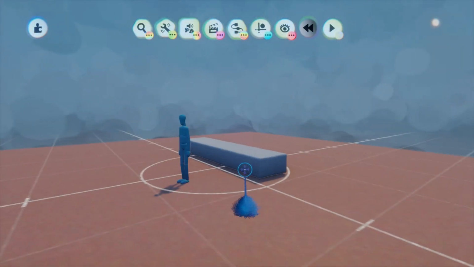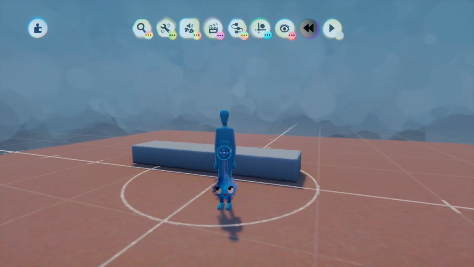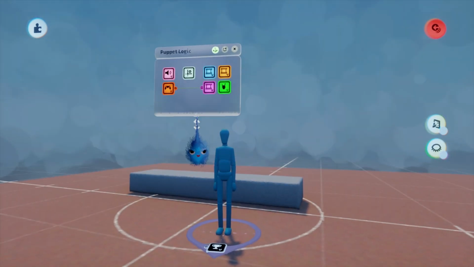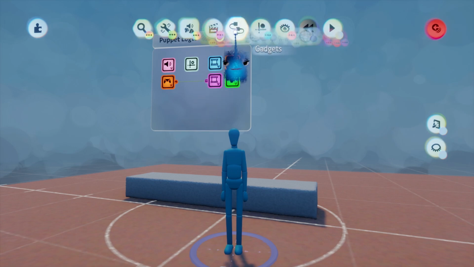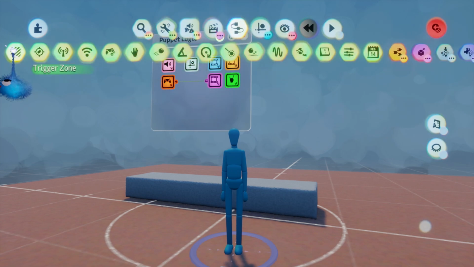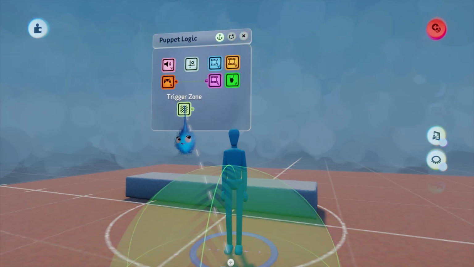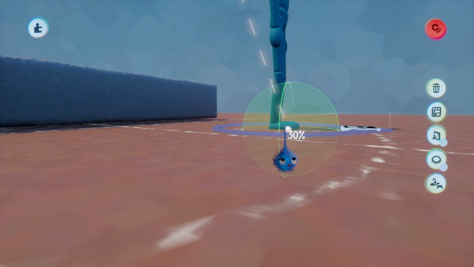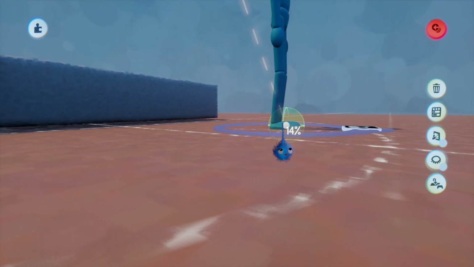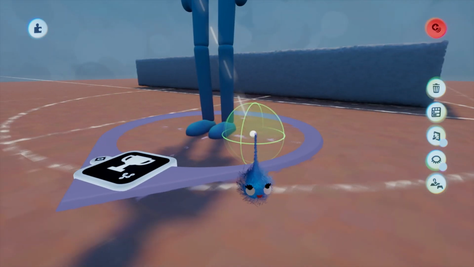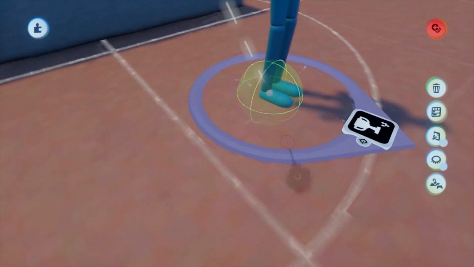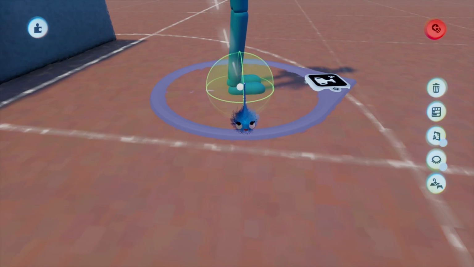So what we're going to do is I'm going to add into his puppet logic a trigger zone on his feet. So we don't need it that big. We can reduce it right down, and put it on his feet. So there's the trigger zone,